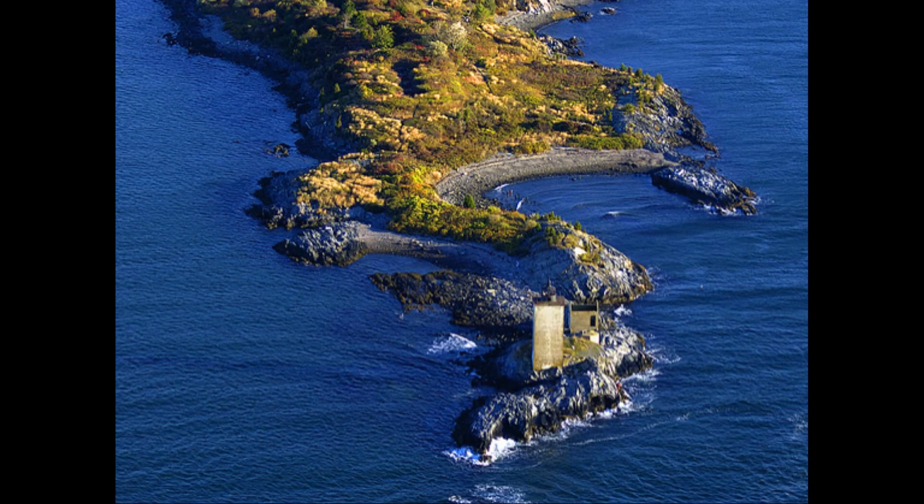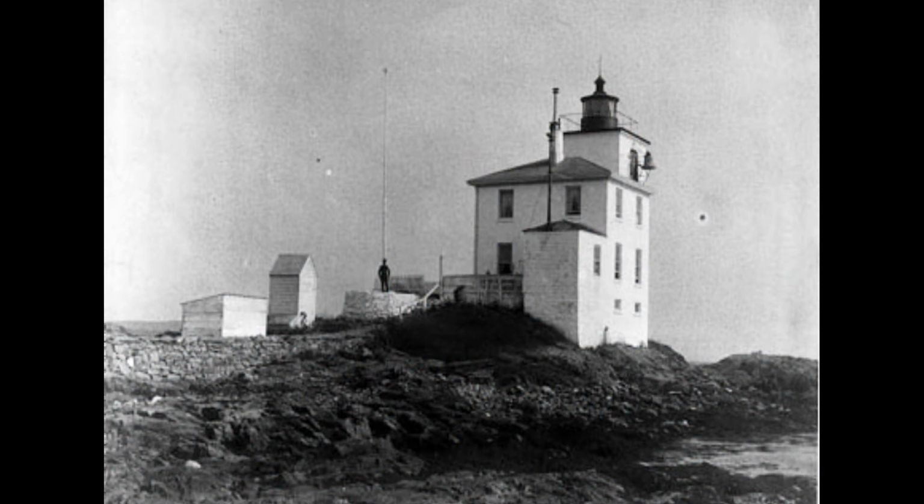The first tower was built using native stone and was 30 feet tall. The quality of this construction was described as the worst construction of any in the state. 32 years later, in 1857, this tower was demolished and replaced by the present 42-foot brick tower and a 4-room